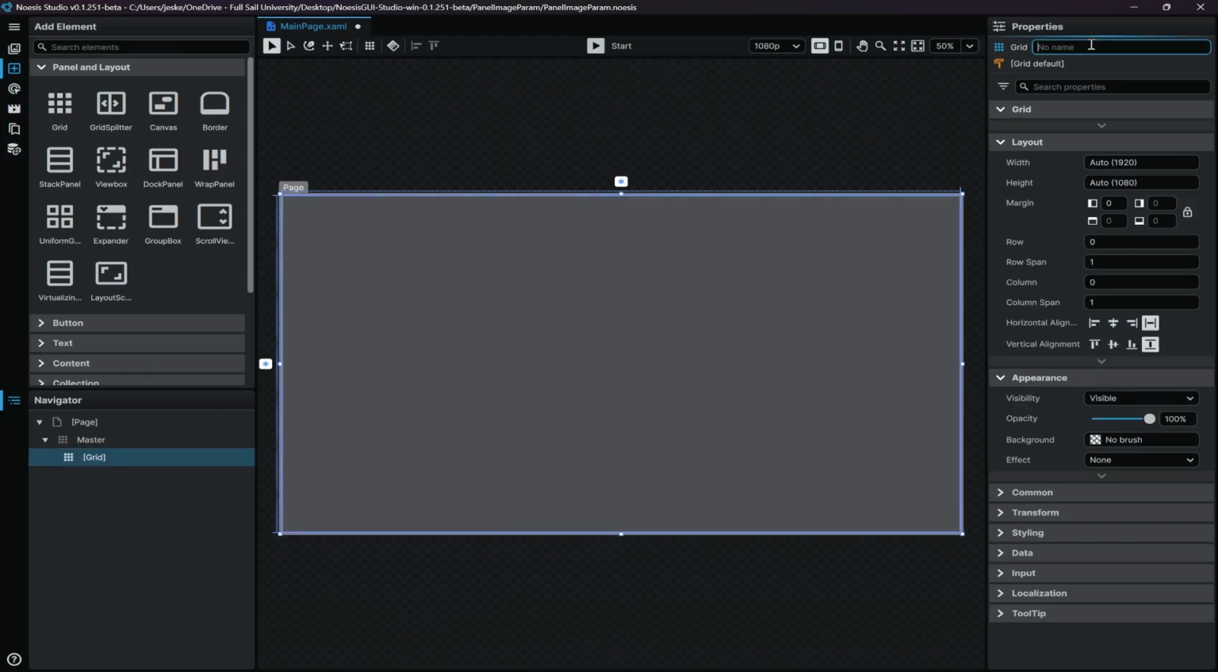So this could be page 1, and then this could be page 2. Essentially what we're going to be doing is we're going to be toggling visibility on these two to switch between the panels. On page 1, we just want to have a text block and a button so we can switch